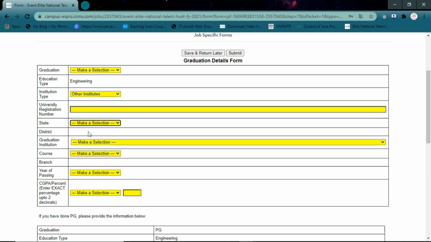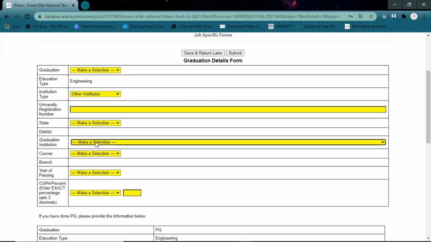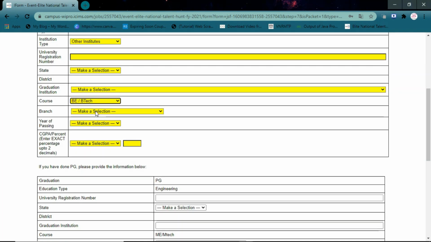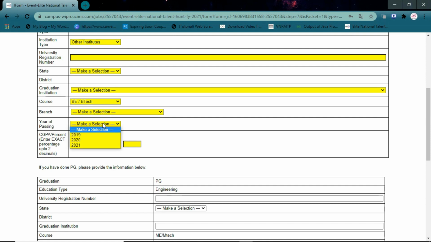Next, select your graduation institution from the drop down list, and also your graduation course, that is BTech or BE, etc. And next, choose your branch. Now select your graduation year of passing.